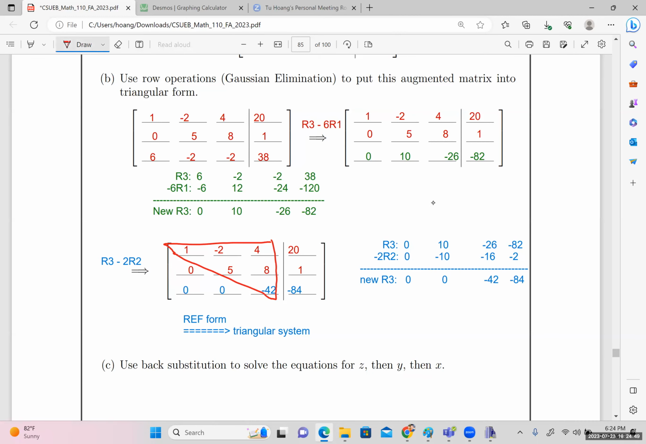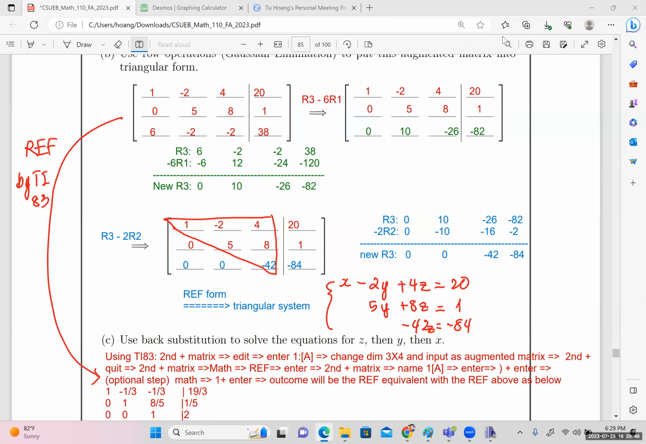You will have the system as x minus 2y plus 4z equal to 20, and then 5y plus 8z equal to 1. And the last one is going to be negative 42z equal to negative 84, right? So go ahead and try to use back substitution to solve the equations, okay? So you try to solve it by back solve later, but I will also show you